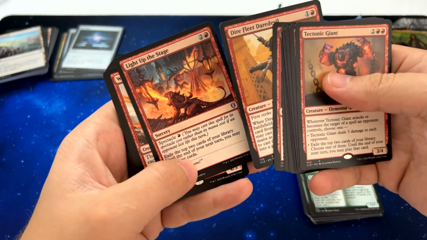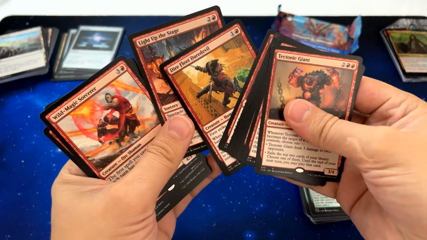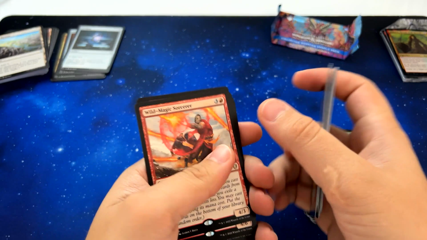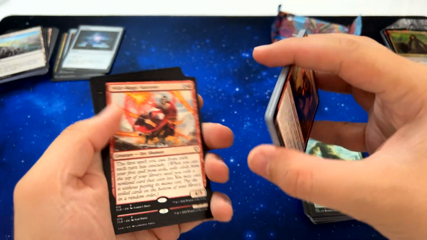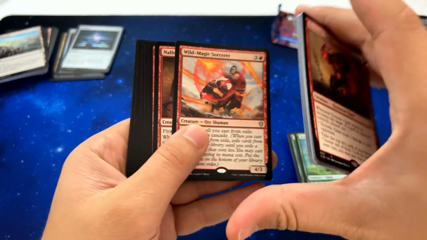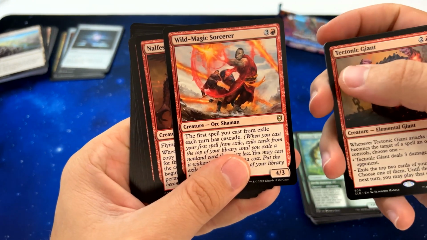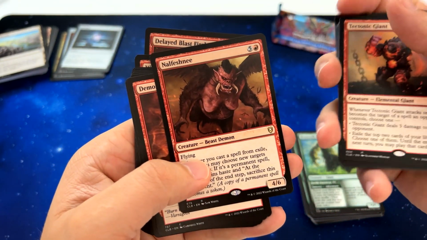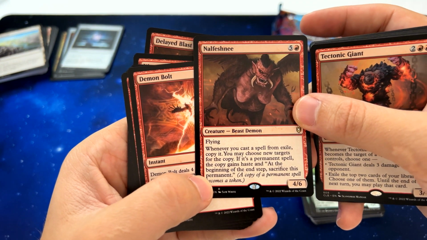So these here and Light Up the Stage, these are the cards that will allow you to play from exile. So that's quite strong on the theme. You find quite a lot. And then there's a lot of synergies that go with these cards, like Wild Magic Sorcerer. The first card you cast from exile each turn has Cascade, or Nalfeshnee, which whenever you cast a spell from exile, copy it,